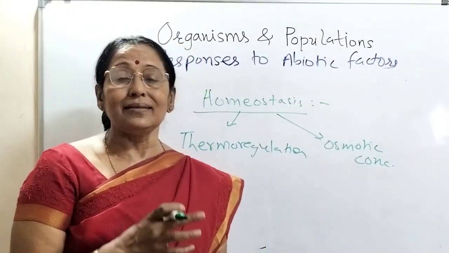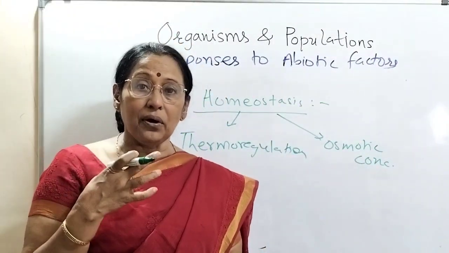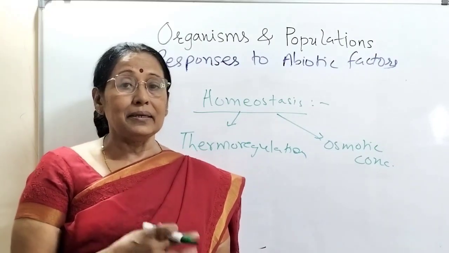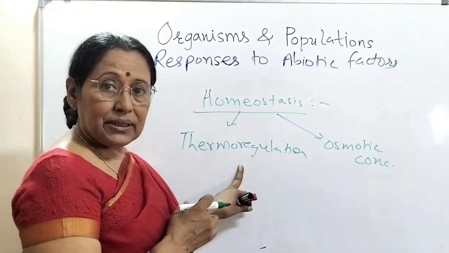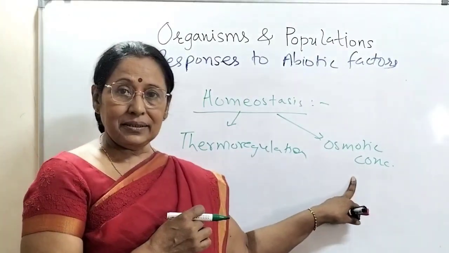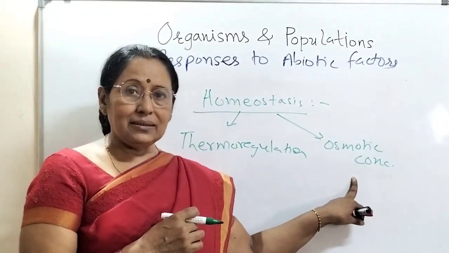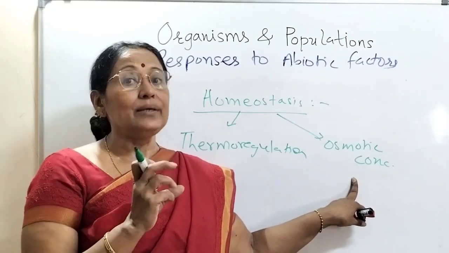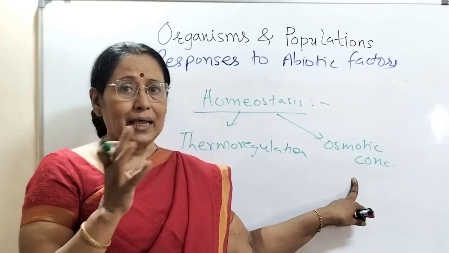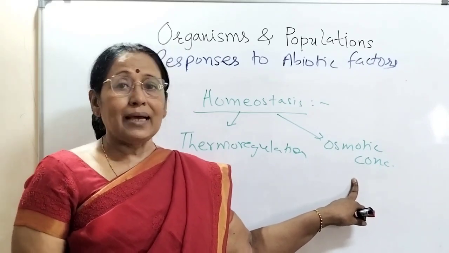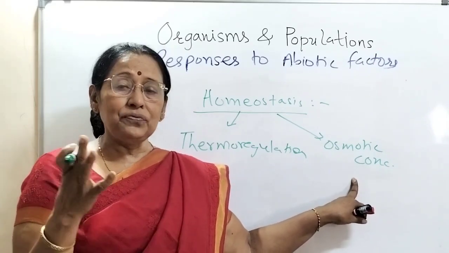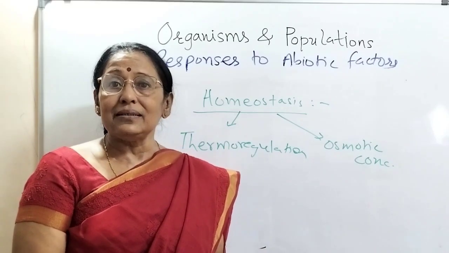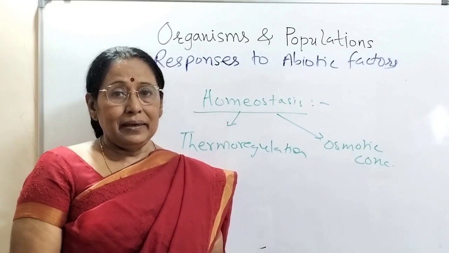So homeostasis is maintaining of constant internal environment in terms of temperature and osmotic concentration. Naturally the osmotic concentration is dependent on the control of water and salt. उसी से वो hypotonic, hypertonic बनते जाता है, and that very much affects the movement of the water in or out of the body, which affects the organism greatly.